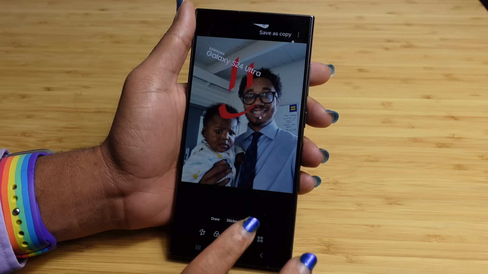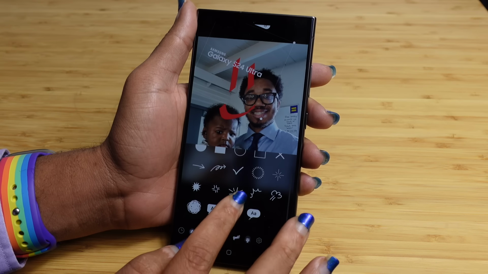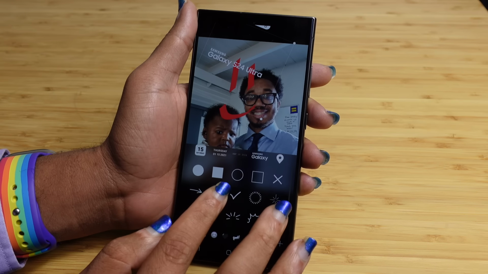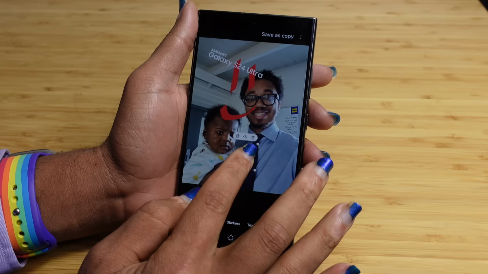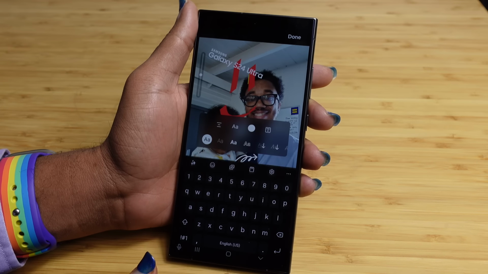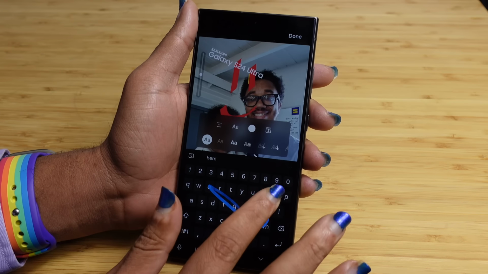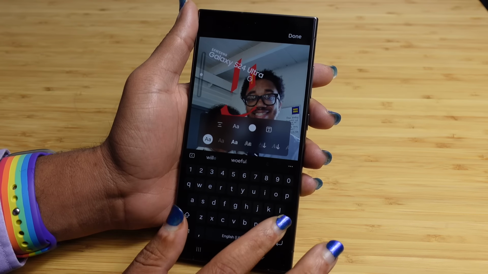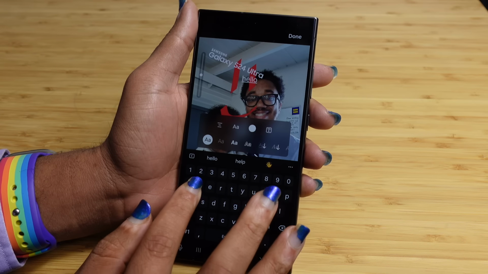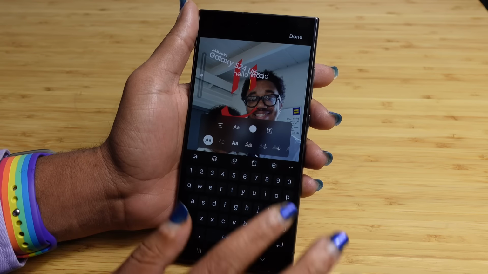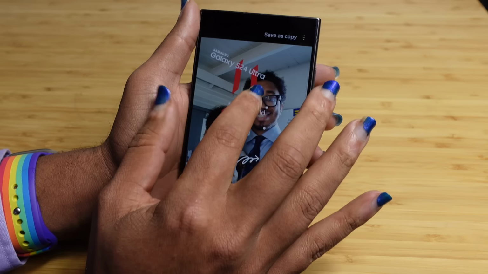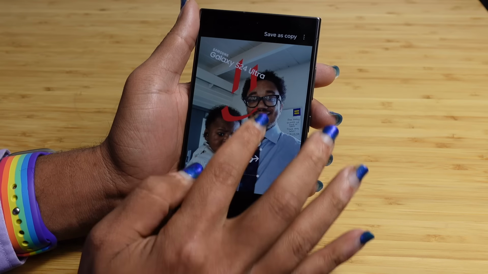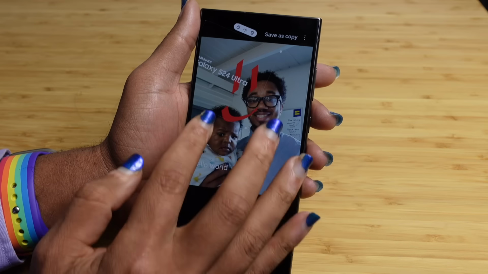We can tap and see what other stickers we have available for us. We got, like, an arrow. So really fun that you can come in here. You can tap text and say hello. Oh, mine's typing. Let's say hello world. And just like this, we'll press the done button. So I've got text, I've got an arrow, I've got the Samsung Galaxy logo, I've got a scribble that I put,